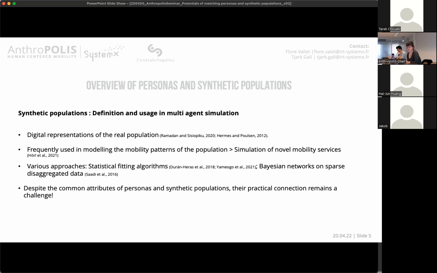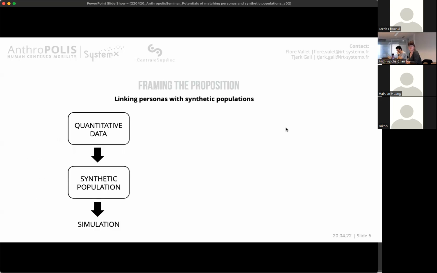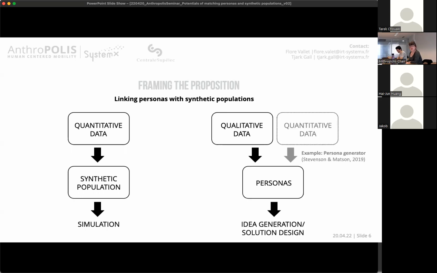So that's why we tried to tackle this question. So that's the proposition. On the left-hand side, to build the synthetic population for simulation, it is based on quantitative data. We're going to see the kind of data we're going to use. And on the other side, we've got the personas that are really helpful for ideation and for solution design, based on qualitative data, maybe